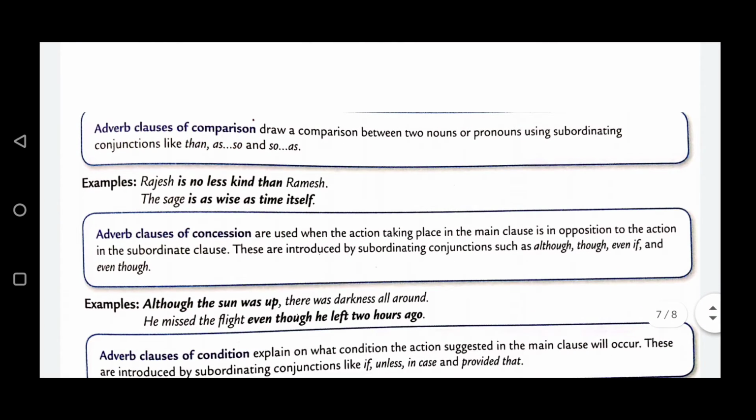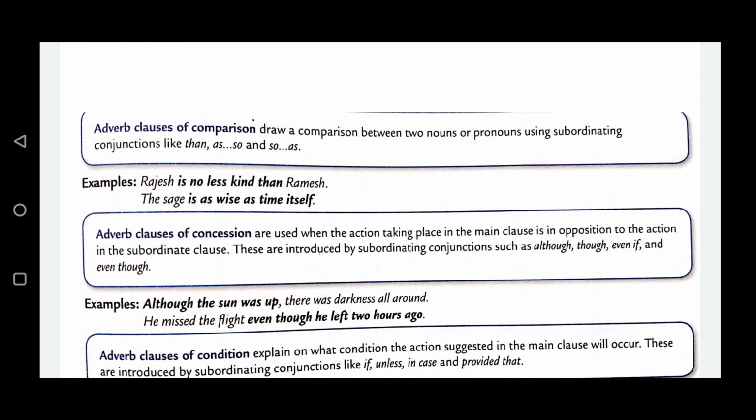Now, adverb clause of comparison. Comparison again: when we see positive degree, comparative degree, superlative degree in the sentences, we say that there is adverb clause of comparison, and degrees we all are well aware of. As, so and so as, these are the words normally used. Examples: